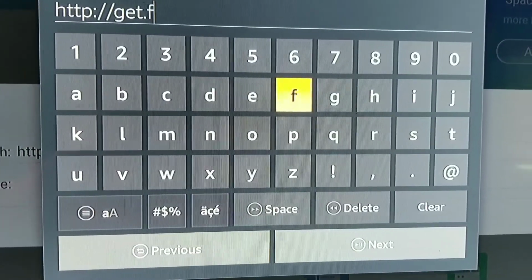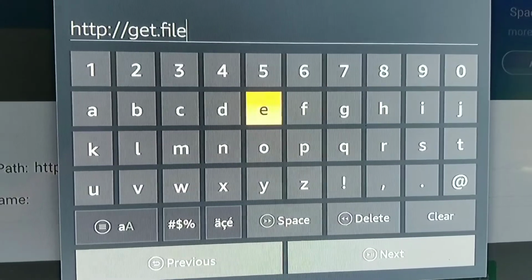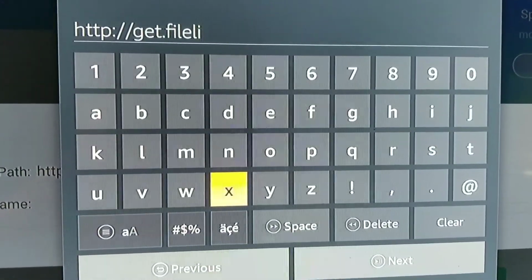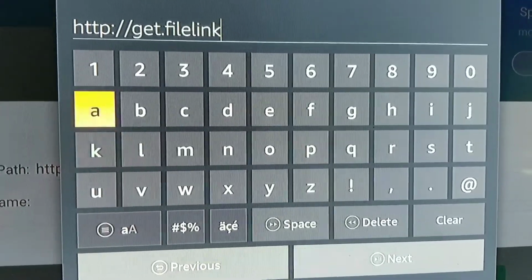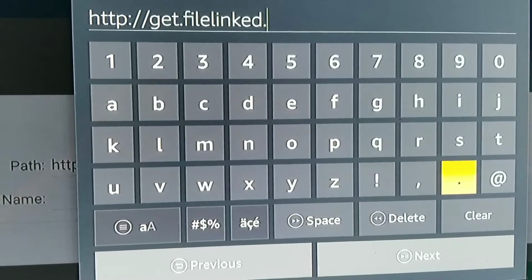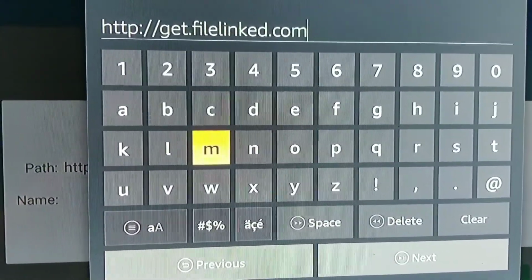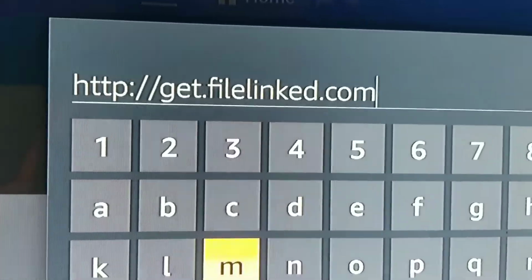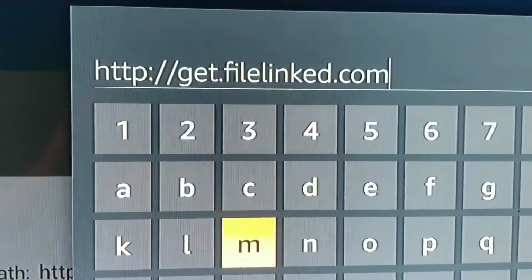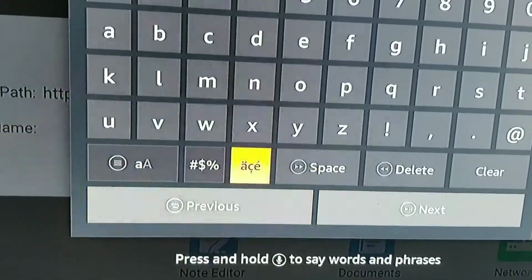dot file linked dot com. So you can see it right there, HTTP colon slash slash get.filelinked.com. You're going to go down to next,